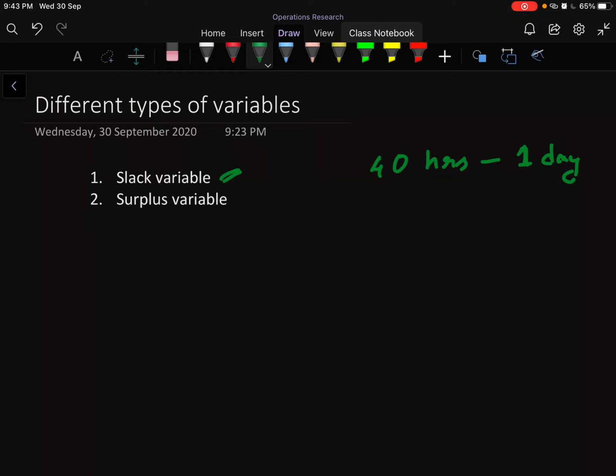So let's say that we want 40 hours in one day, but in reality we have only 24 hours in a day. So we desire 40, but we have only 24 hours in a day. So the difference between these two values, that our desire